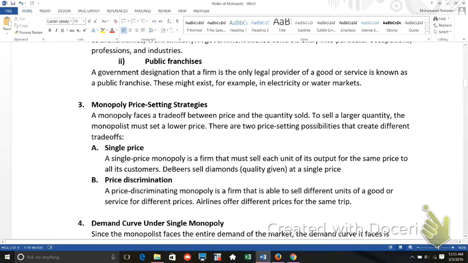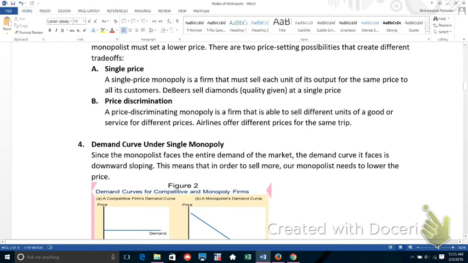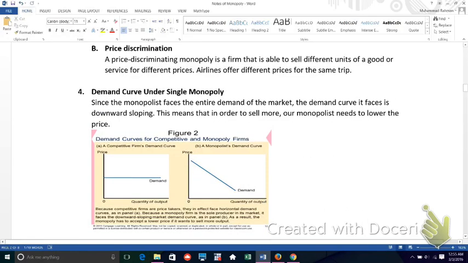So we are going to look at both of them. Before we really start looking at single price and perfect price discrimination strategy, we need to also understand several basic aspects of how we are going to look at the monopoly market. Just like what we did in perfect competition, we need to first understand the graphical representation of a firm in a monopoly market. So we need to understand the demand curve and the supply curve for the market and